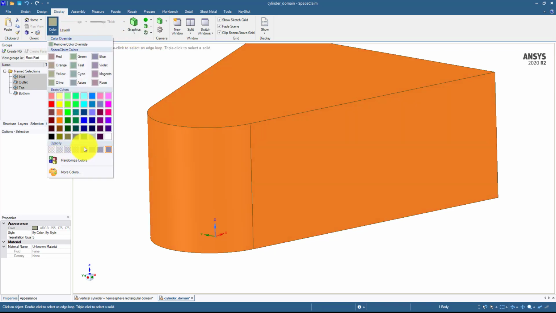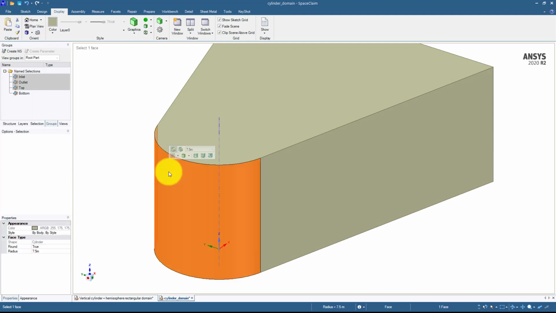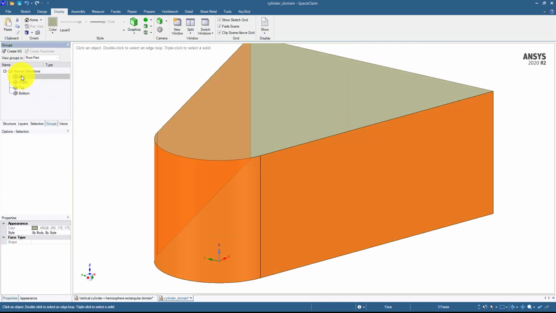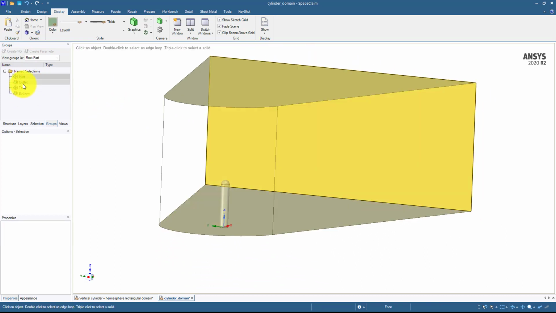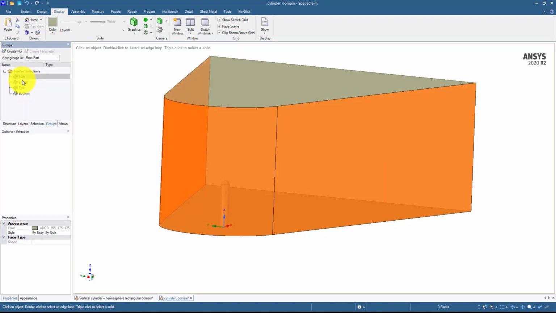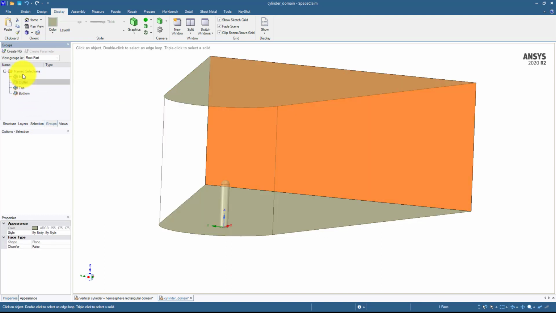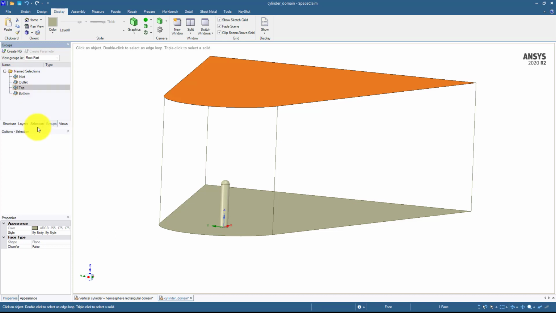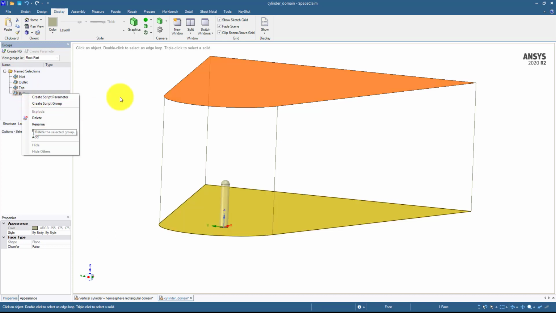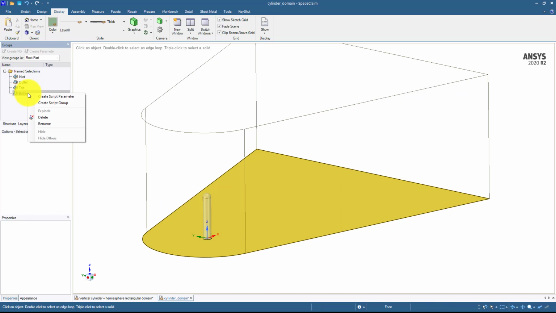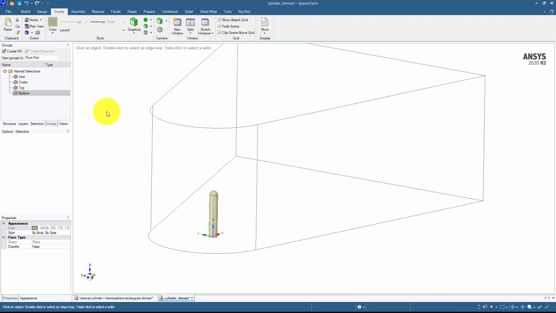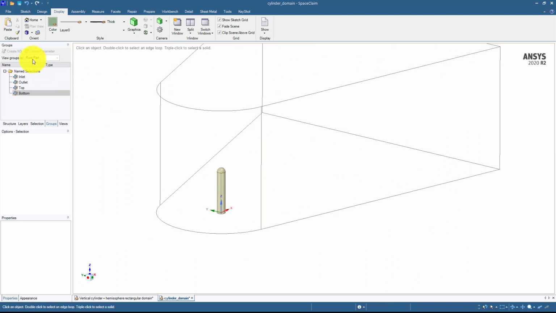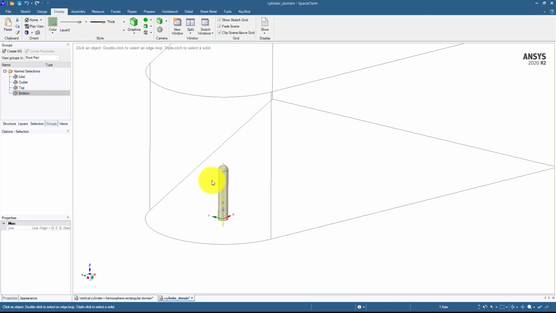So if I now hide this boundary here, you can see this is hidden now, and this outlet also, and then this top, and then the bottom boundary. So all are hidden. Now I can create a new group from this cylinder geometry.